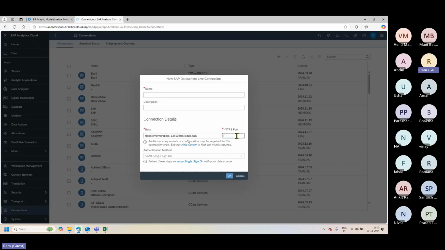And what is the port? Always for DataSphere, the port is 443, so you can always put 443. And the name you can give anything. I'm just going to say DSP RAM, so that if all of you give some names, it will allow. Special characters are not allowed. So I'll give it like this. And then when I say save,